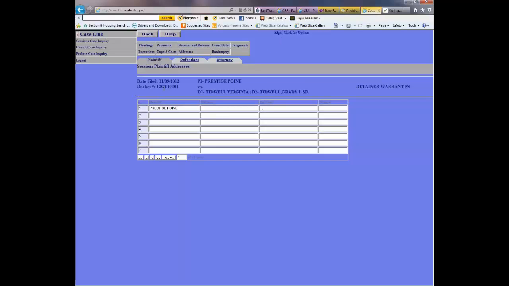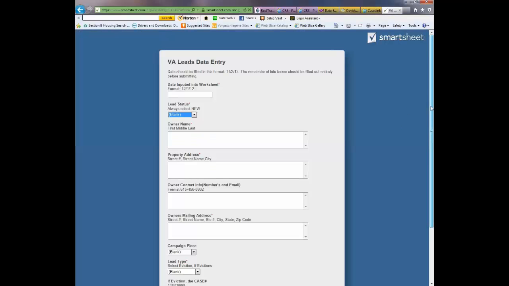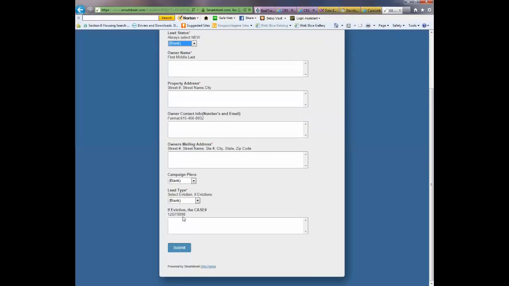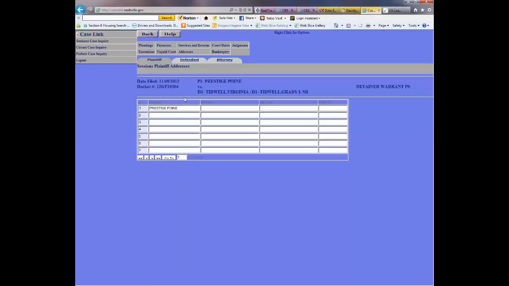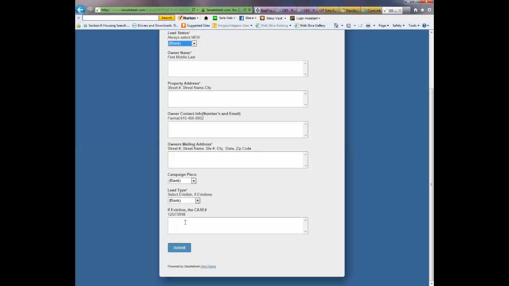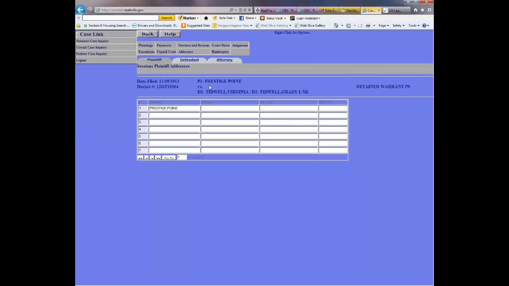And you can also see here 12 GT 10,304. You see how we've kept moving forward? If you're ever curious as to what number we are, which you're going to have to use on the web form, for every eviction you'll have to enter the 12 GT and the case number. Well, that's what the case number is. So you can literally just do this, and I'm pretty sure you can copy and paste. I don't know why I can't with this right now, but usually you should be able to copy and paste that over and keep that pretty easy. You can do the same with the street information as well, which we'll do in a minute. Let's just keep going next. This is another one, Prestige